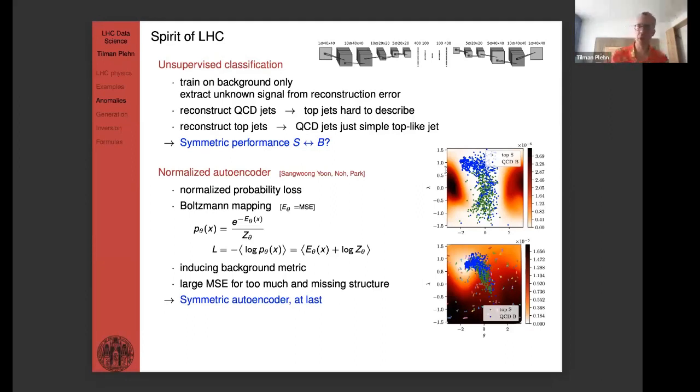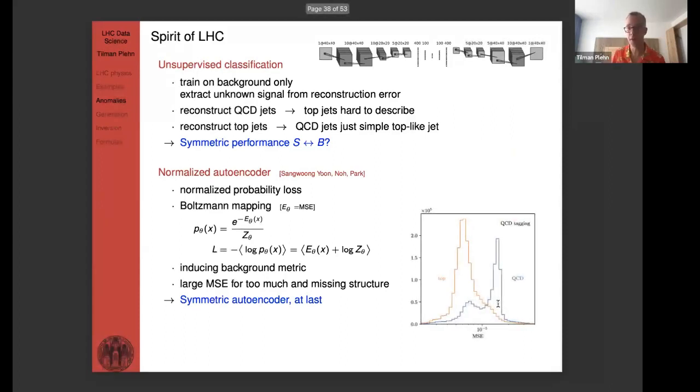And now you retrain your network using this new Z factor, and you see that the background MSE for that data space actually develops a kind of mountain on the south side of your map, so that it pushes stuff. It pushes QCD really hard up, and the tops not quite as hard. So it actually compresses the QCD landscape, and you get a better performance. And this is, to the best of my knowledge, the best working autoencoder that exists.